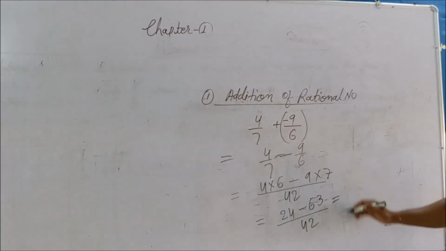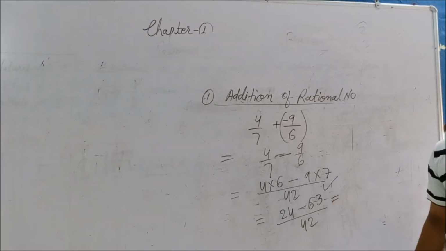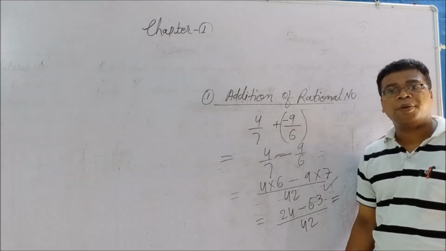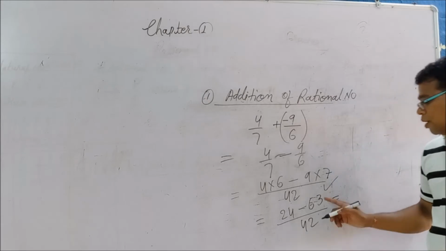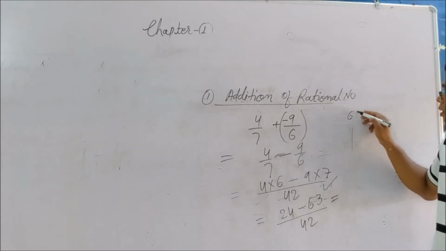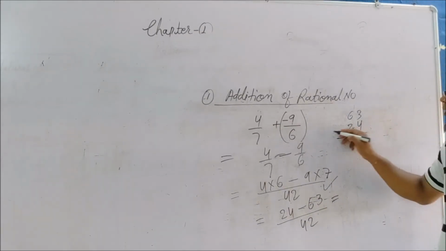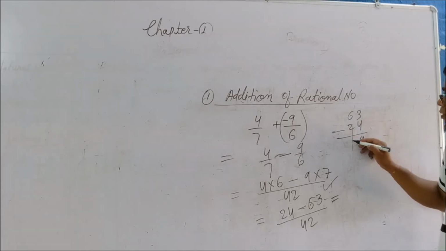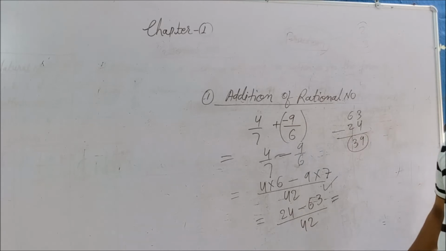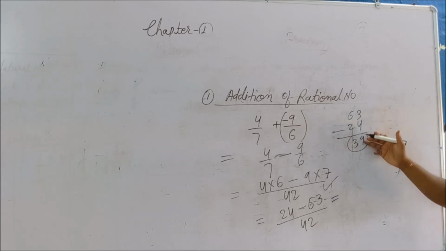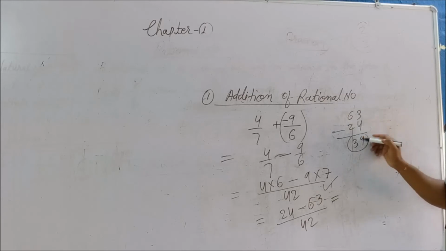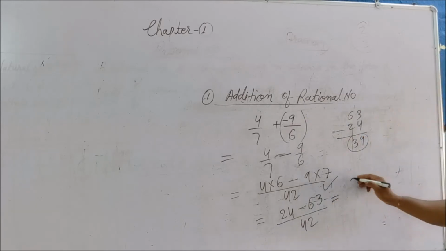Again see here. What will be the final answer? Negative integer minus 63 and positive integer plus 24. So again the operation will be minus. What I have to do? 63 minus 24. What will it give me? 3 minus 4 is 9, and it is going to be 3, means 39. Okay, check it once again. 30 minus 4 is 9. It is okay. 3. Okay, correct. And right now 39 upon 42. This is the final answer.